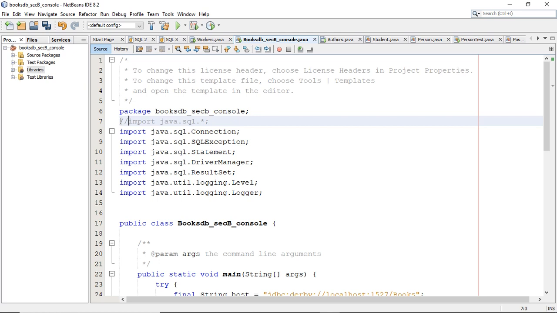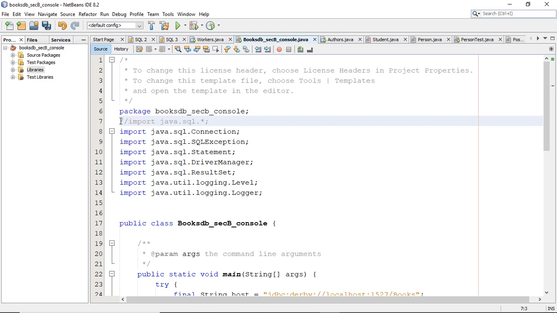There are different database management systems available to you, and most of them are open source DBMSs. For example, there is Oracle, there is MySQL, there is SQL Server, and there are NoSQL databases as well. But since this is not a database course, we only need to know how to establish a connection with a